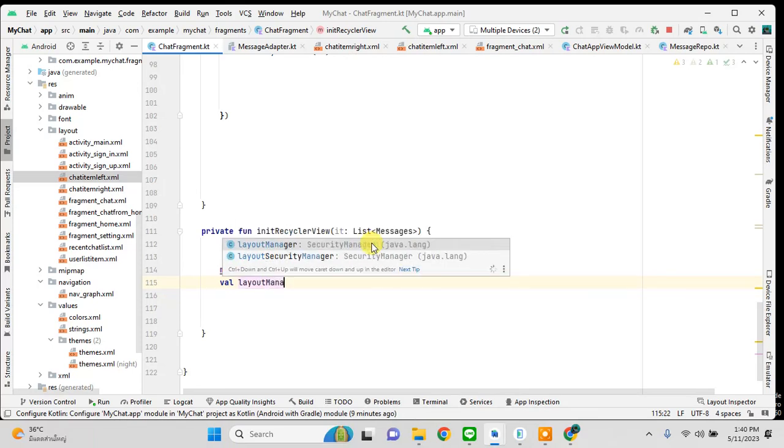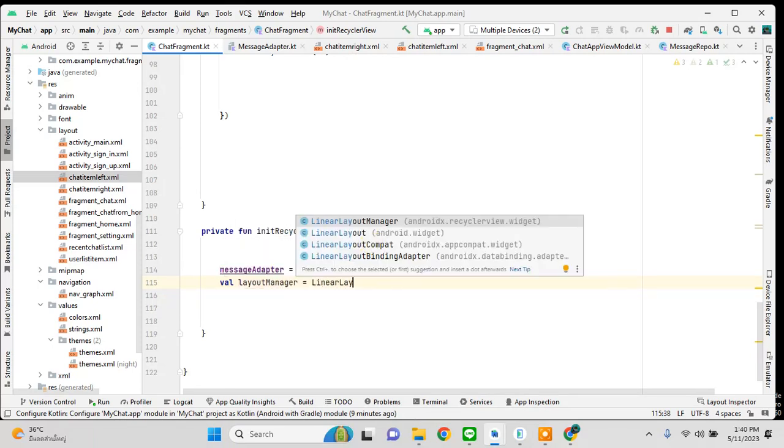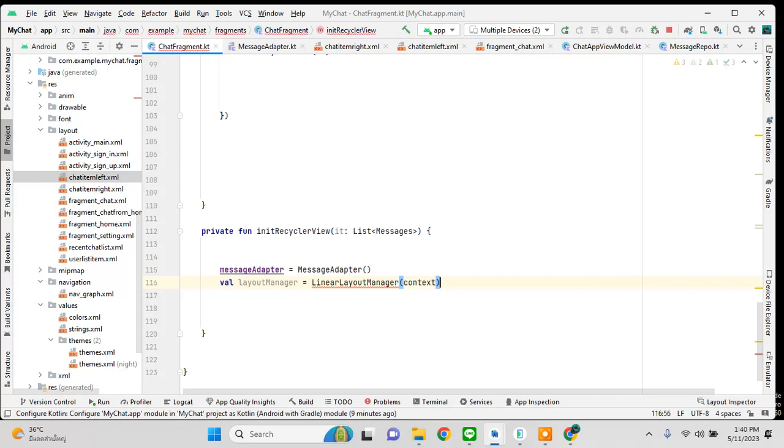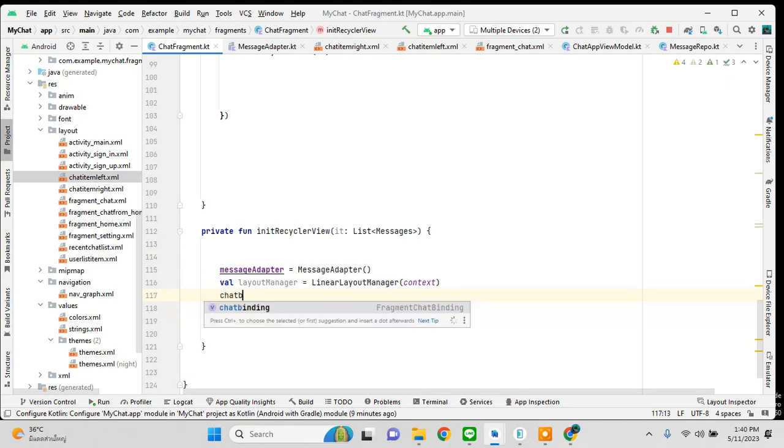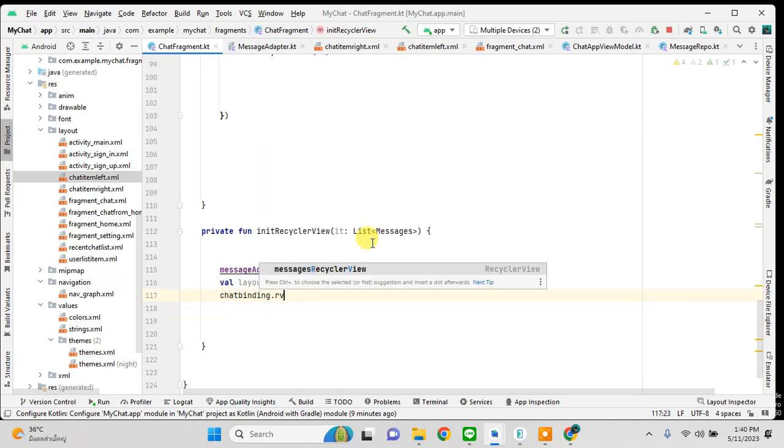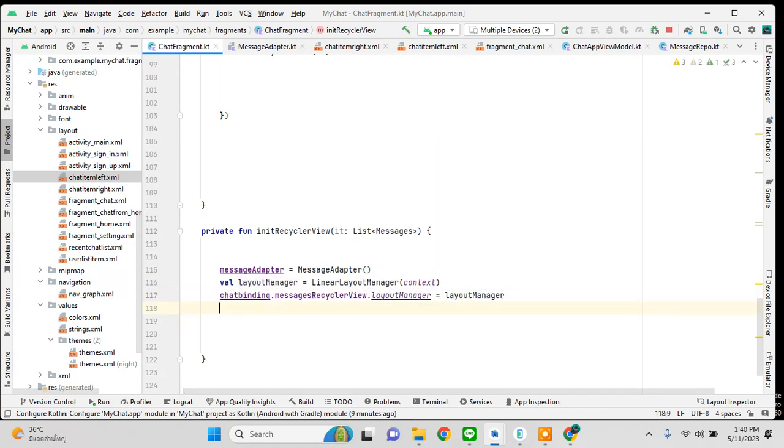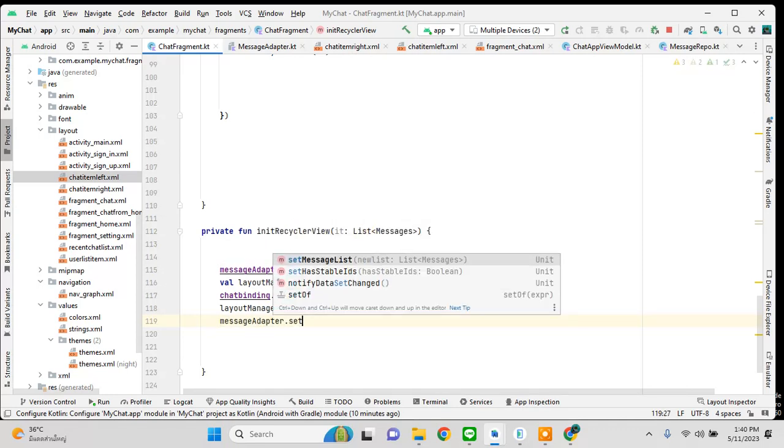Pass context in this. Okay, chat binding, recycler view, message recycler view, layout manager is going to be equal to layout manager. Layout manager stack from end, true. Adapter message adapter, set list, we will set it because this is what we are getting from the view model,